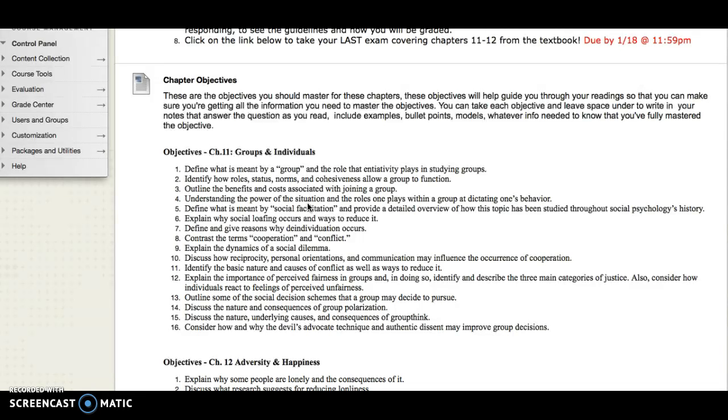So it can't just be any old group. The type of group we're talking about also influences how we behave: how big the group is, how notable the group is, or how much the person wants to be in the group. Is there a price to joining? Is there a certain status to being in the group? All of those things factor in and play a role in how much influence that group's going to have